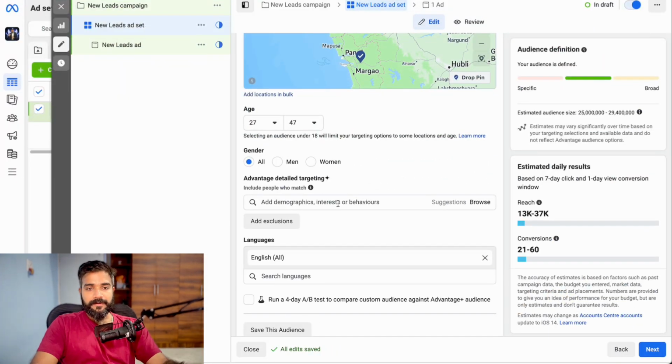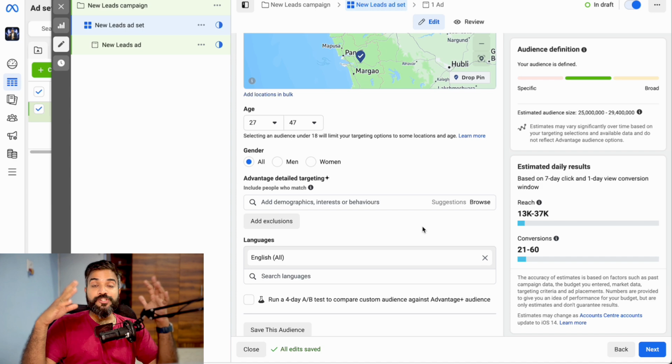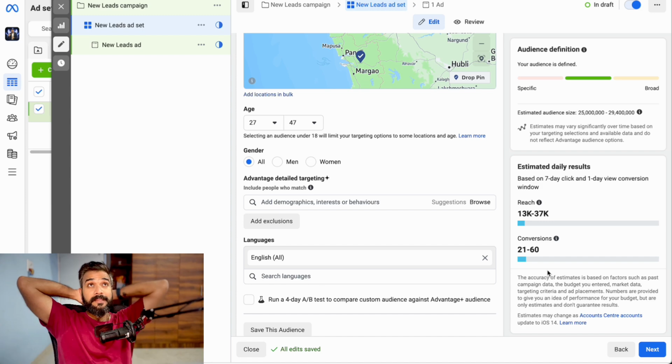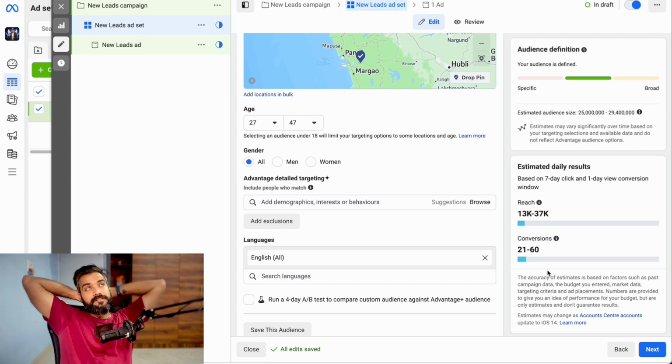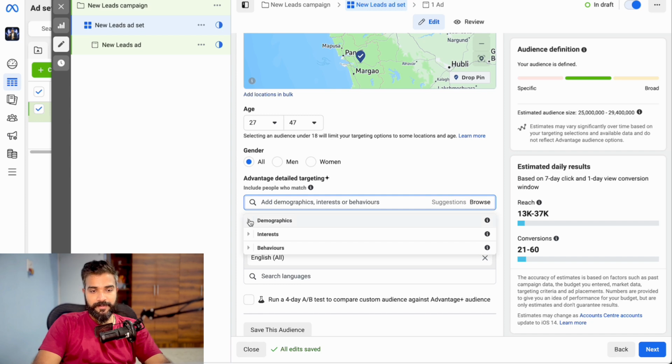Right now, let's go here and target. Let's assume that we are targeting, let's say we are building a campaign for a stock market coach. So the way I would devise this is I would first get a demographics thing done. Let's say I'm offering stock market coaching to these high ticket people so that they can start a second source of income, right? So let's go here and click on browse. First we go to demographics.